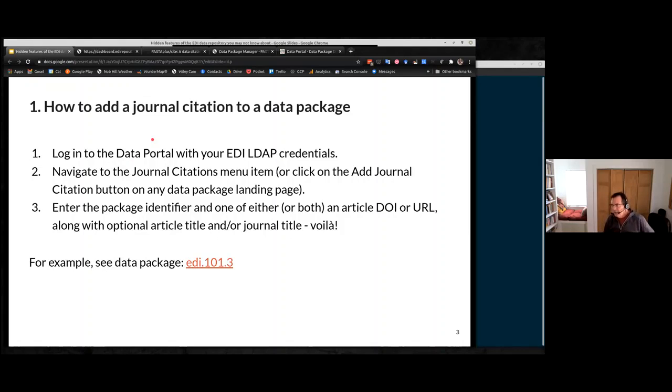How to add a journal citation to a data package. It's pretty simple, and probably most of you know that these are the public citations out there in journals when you cite a data package. We believe that these are really one of the best metrics to look at the impact of your data out